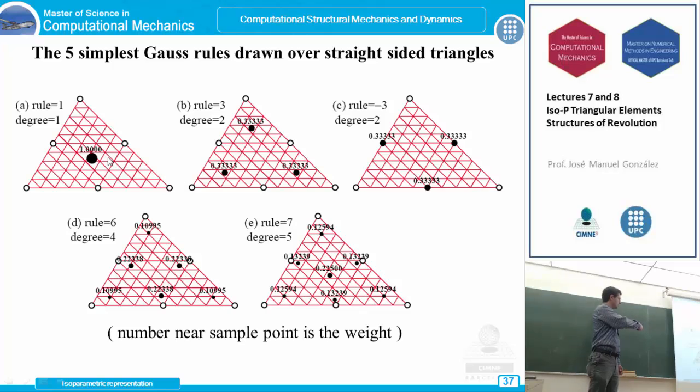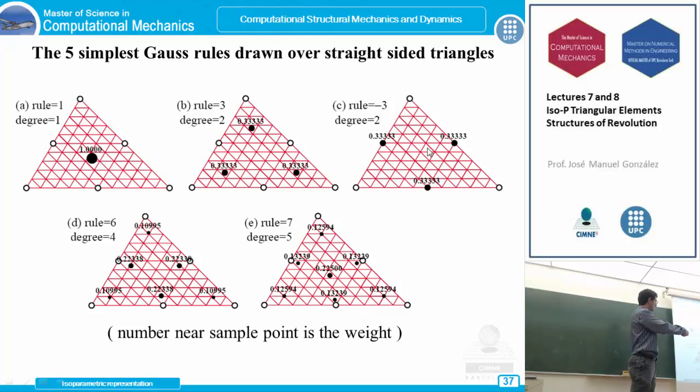centroid quadrature, where the location of the integration point is here in the centroid of the triangle. This is the weight, so we have a weight of 1. Yes, we must evaluate the function in this centroid value. Here we have the